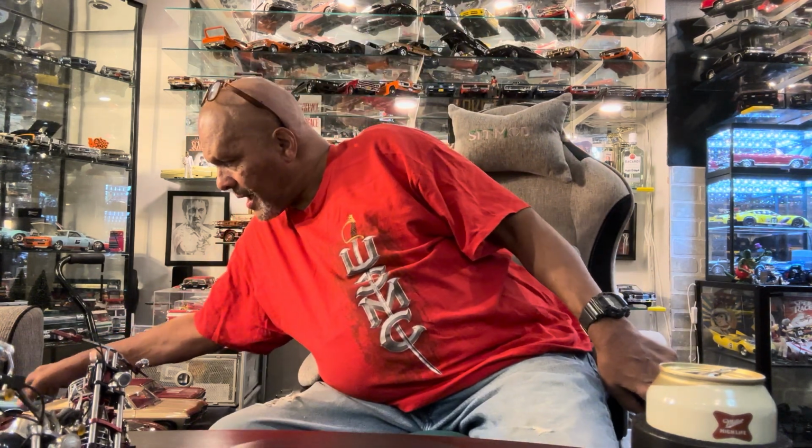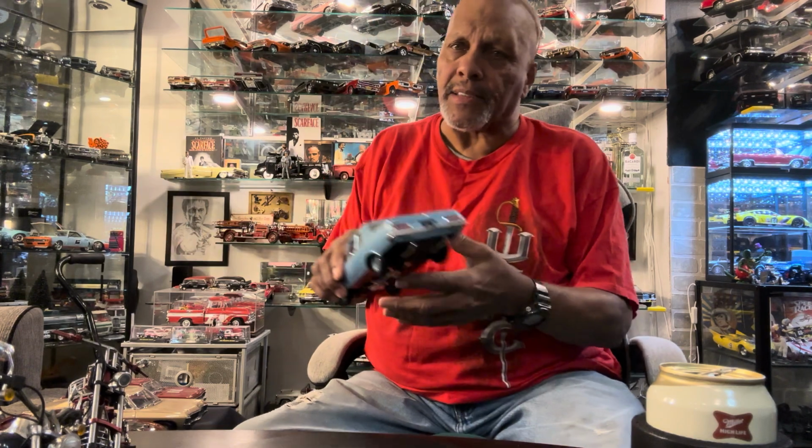Most of them aren't terribly expensive until you get into maybe companies like Auto Art. It depends on the amount of detail, because you can get Hot Wheels, but if you buy Elite, the Elite Hot Wheels are very expensive. Anyway, I don't want to keep talking about that. I got some examples. So let's just say you want to buy a 1/18